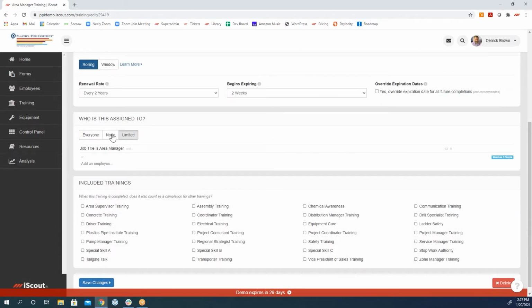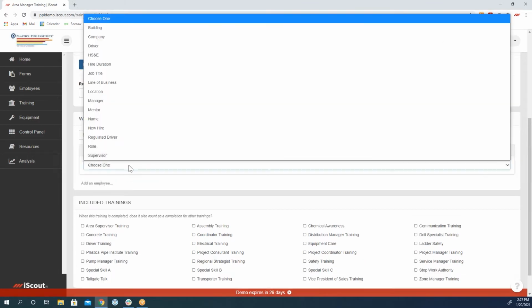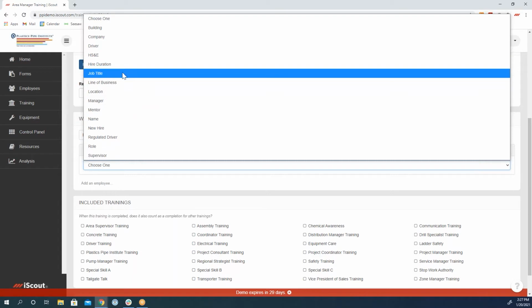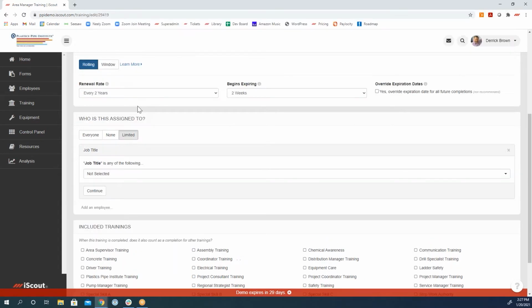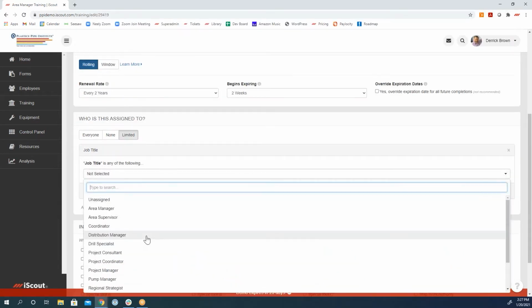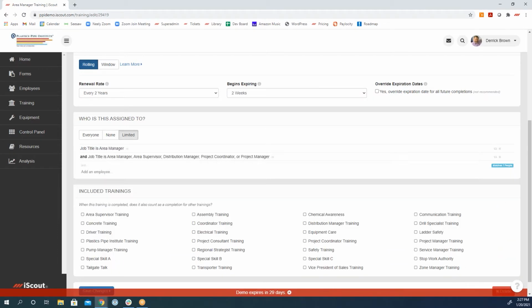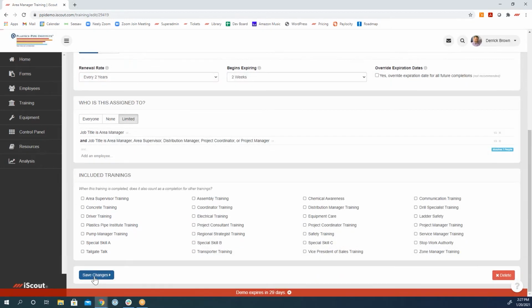And then who is it required for? Is it everyone? Is it no one? Or is it limited based off of any of those employee conditions? So, hey, if your job title is one of these 5 things, this is a requirement for you. If you work in this field office, if you're assigned to this building, whatever the case might be, you have the ability to create this training matrix